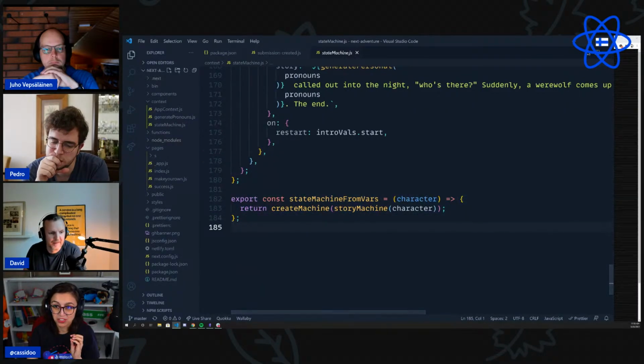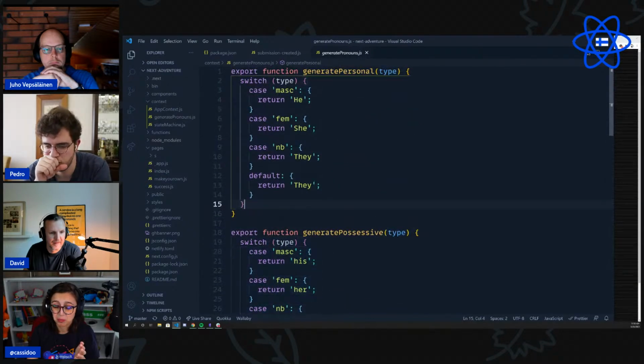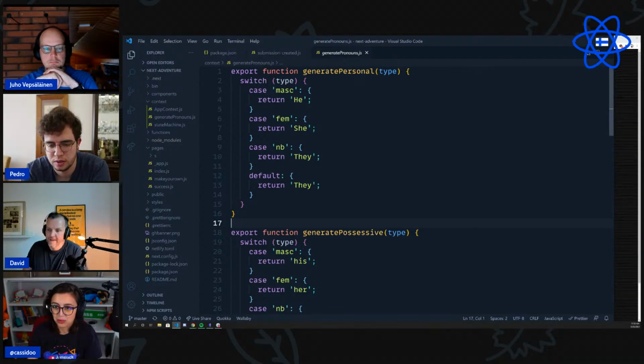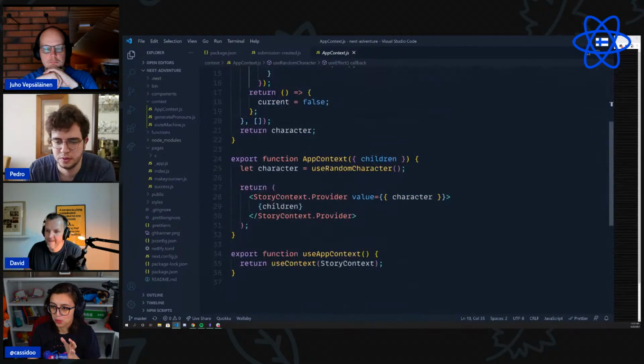And with the generating pronouns, I was kind of proud of this. They're very simple functions, but basically it generates all the different pronouns for the characters, depending on if they're masculine, feminine, or non-binary. And so it kind of made things easy to draft the story together that way. So that is the state machine portion of it, and then we pass all of that in to a React